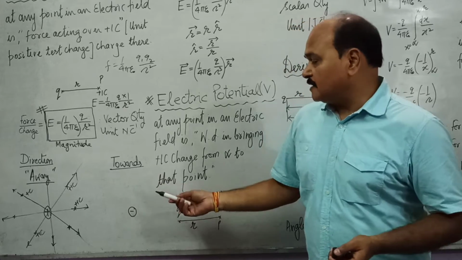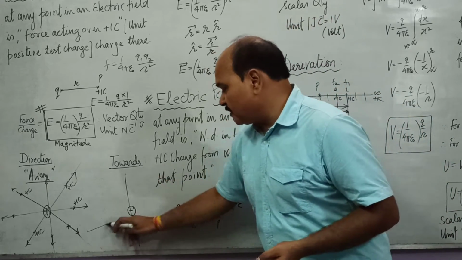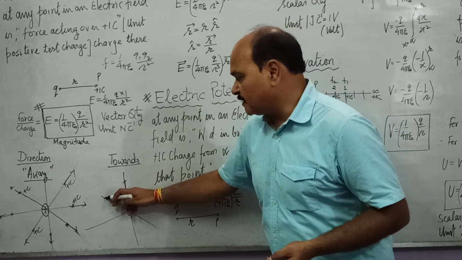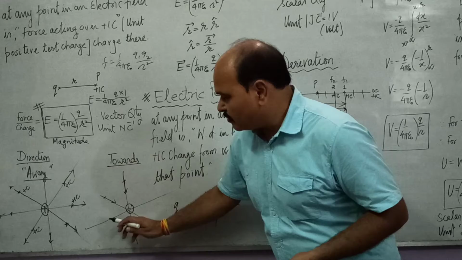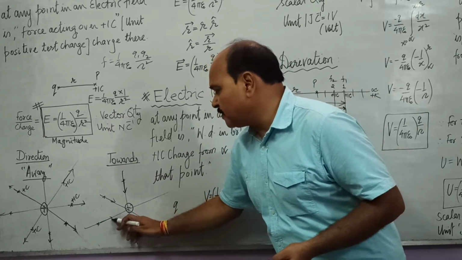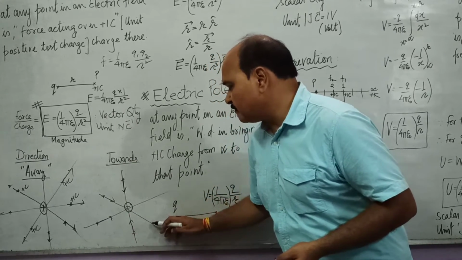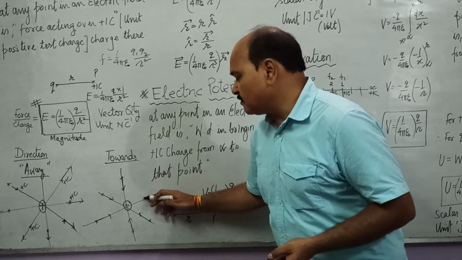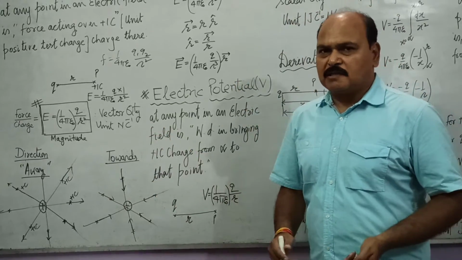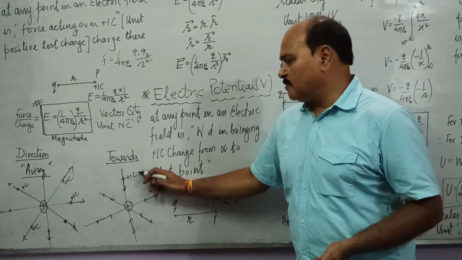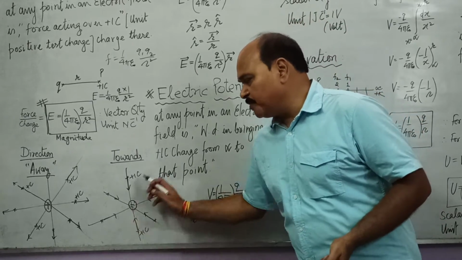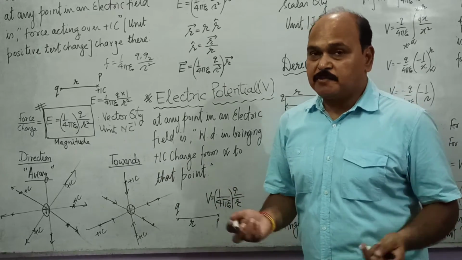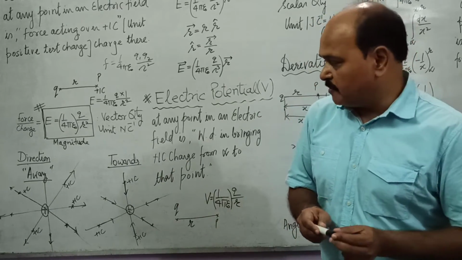Well, due to a negative charge, the direction of electric field intensity at any point around a negative charge would always be towards the negative charge, like this, like this. So that's how we should draw the field vectors. The field vectors are going to be towards the charge. There are a number of ways you can understand this direction. If you place a plus 1 Coulomb charge at any of these places, it would be attracted towards this negative charge. Hence, the force would be towards the charge. Subsequently, the direction of electric field intensity would be towards the charge.